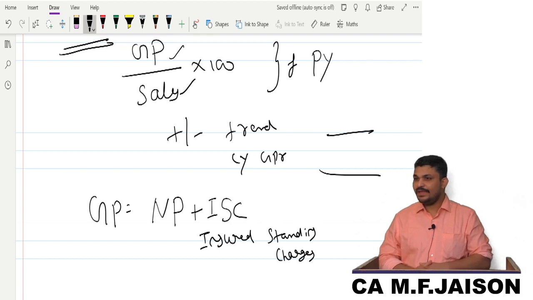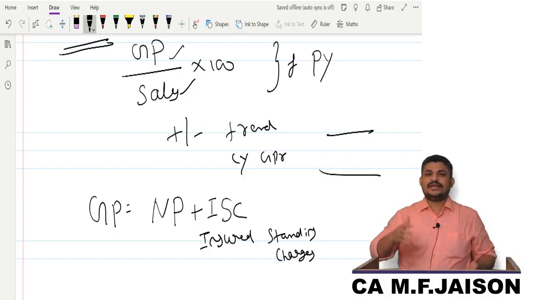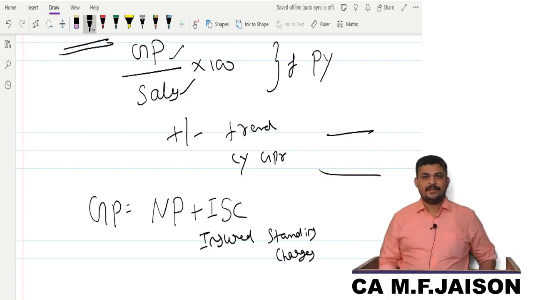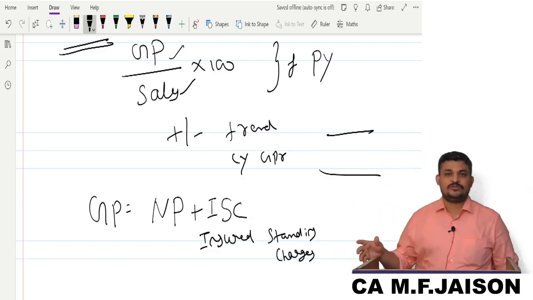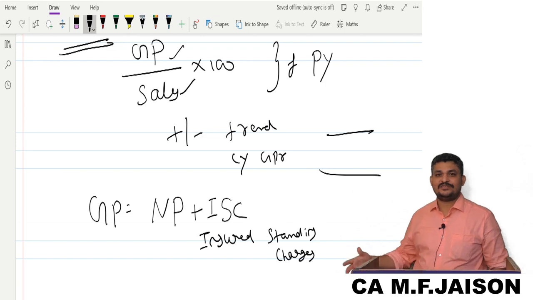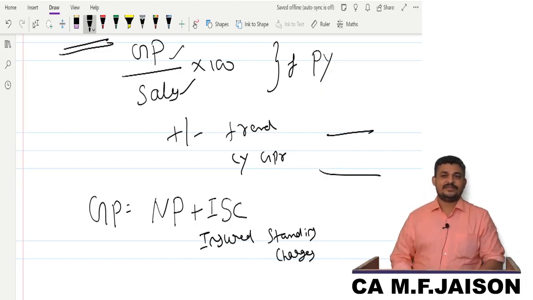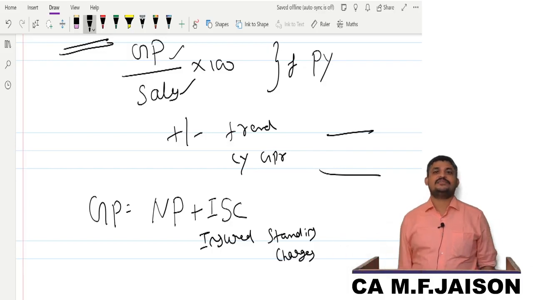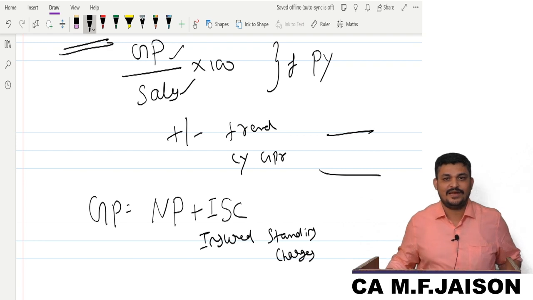Sometimes, sir, why is it that some expenditure is not covered? Some expenditure is not covered because it is not accepted by the insurance company. Suppose you are paying some interest on some illegal loans. What are illegal loans? There are several types of loans, like meter interest. In our regional language we call it kanduvati, etc. Several such interests you pay, then they may not accept that as a fixed expenditure. There should be some proper channel and all. I hope you're following this.